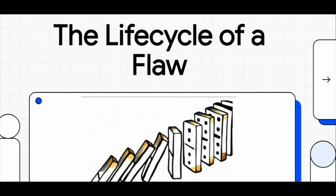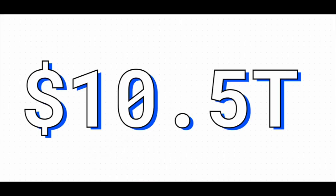So today, we're going to trace the wild journey of a software vulnerability, all the way from the moment it's found to the point where it becomes a weapon in a global conflict. Let's get into it. Okay, to really get the stakes here, let's just start with a number,